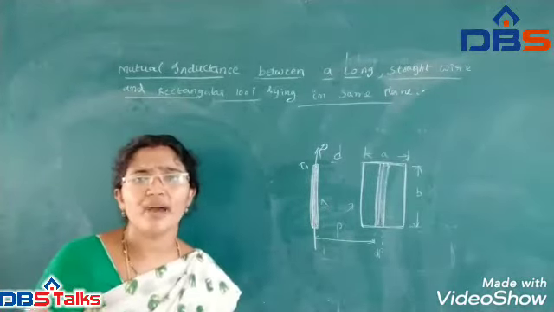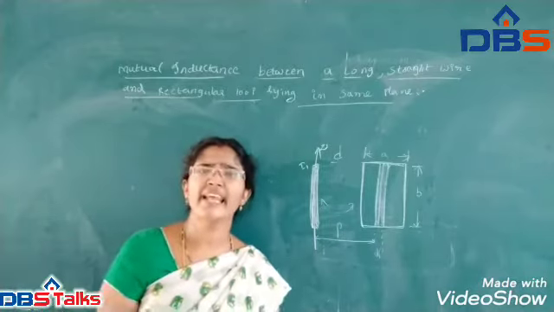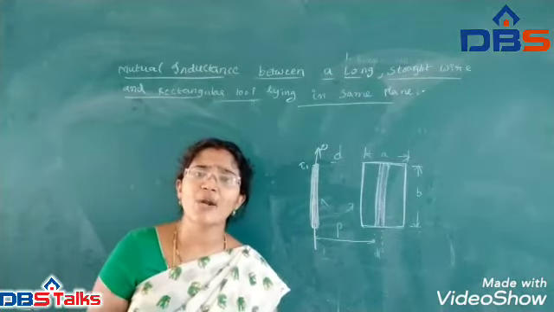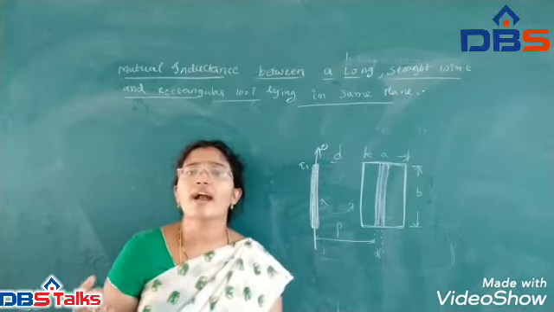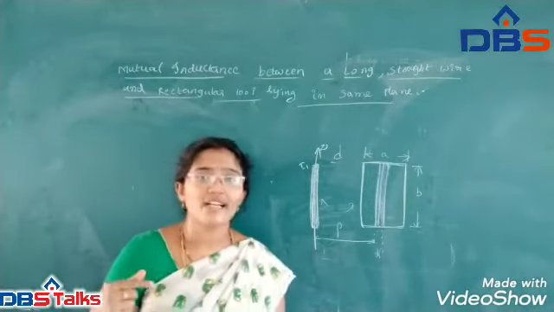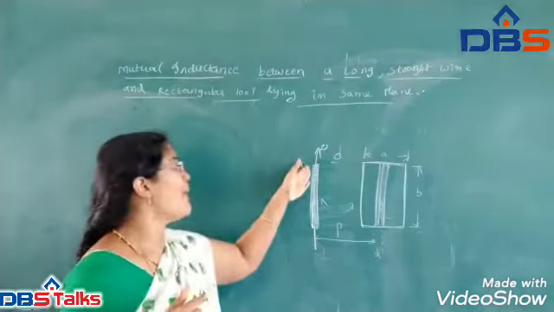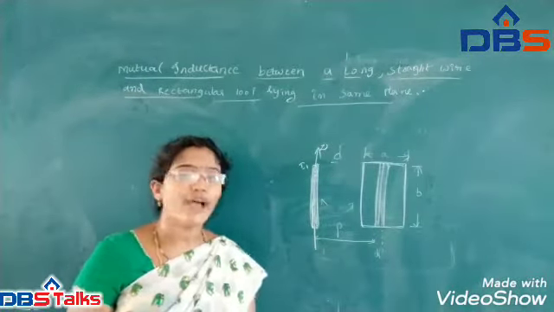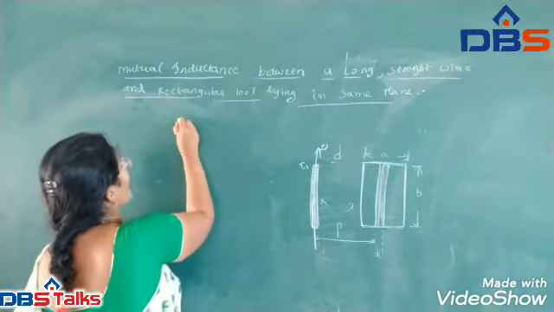What is the statement of Ampere's circuit law? For any closed loop, the line integral of the magnetic field intensity around that loop is equal to the current flowing through the loop. So whenever you apply Ampere's circuit law to this long straight wire conductor, you can write: